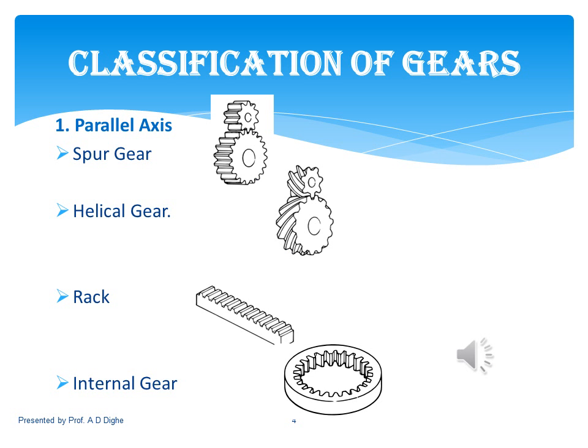Now we will discuss the classification of gears. First, classification of gears according to the shaft position. In that, first is the parallel axis. According to the parallel axis, there are basically four types. The first is spur gear, second is helical gear, third is rack and pinion, and fourth is internal gear. Out of these, spur and helical gear have parallel shafts only. The change is in the form of the tooth.